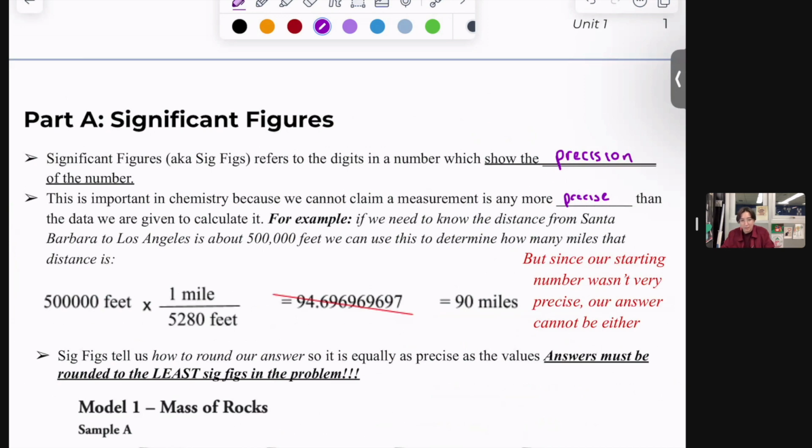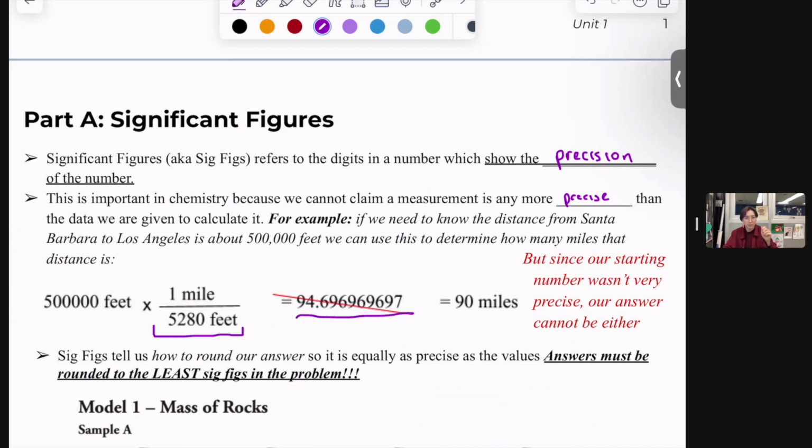This math is something we'll practice a lot more in the future. It's called dimensional analysis. It's when you use a conversion factor, like a fraction, that gives us an equivalence, like 1 mile is equal to 5,280 feet. It's a way we convert from feet into miles. We'll practice that a lot more, but this is just one strategy for converting units. So if I want to change 500,000 feet into miles,